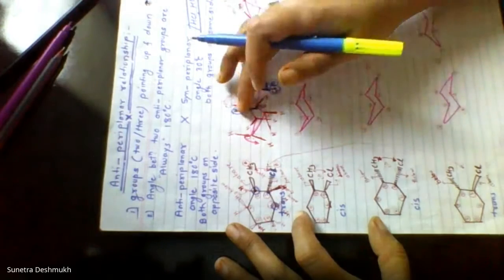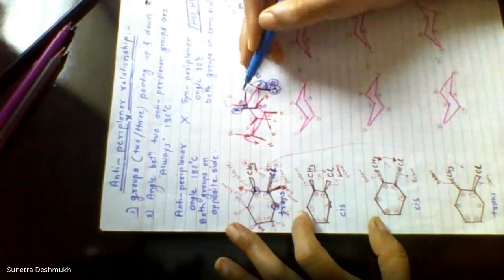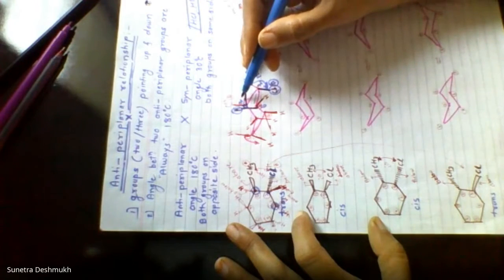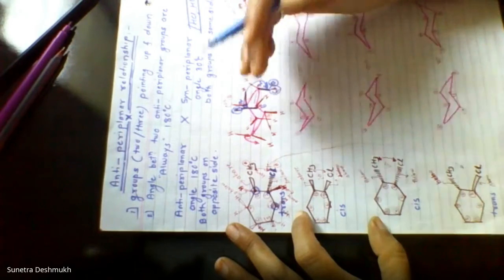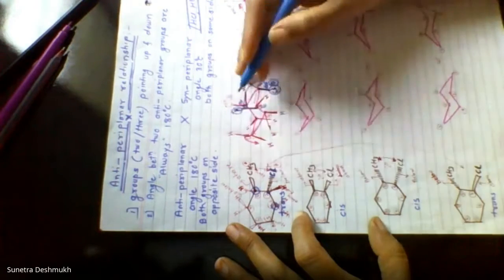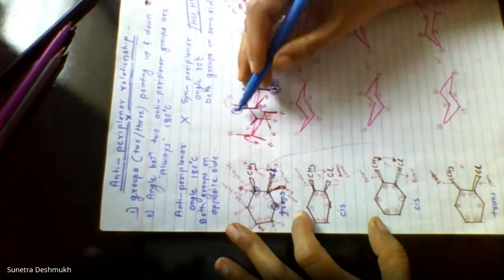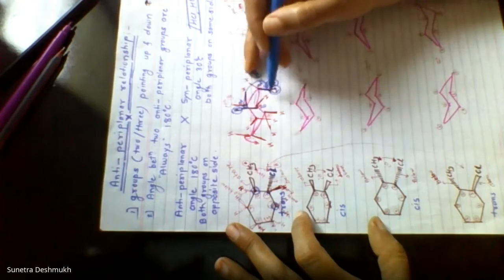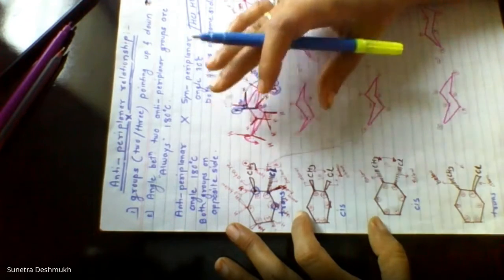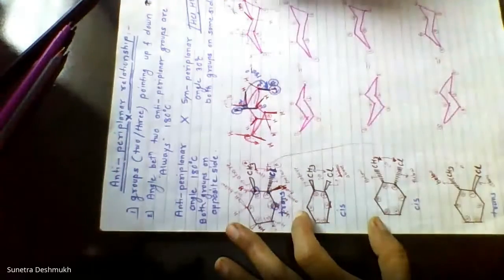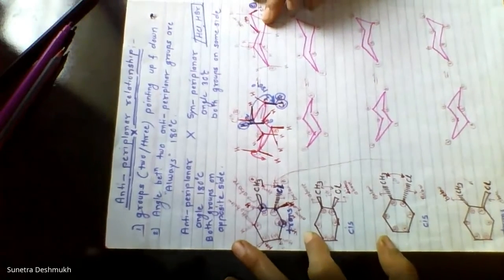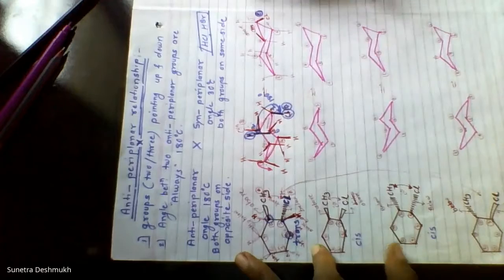Why are we going to draw both of these? Because we need to compare what the stereochemistry will be after elimination: whether this hydrogen at the sixth carbon atom is better to remove, or the hydrogen at the second position carbon atom. So this structure gives the proper answer. The groups we have to remove are those anti-placed to each other, at a 180 degree angle; those groups are definitely going to be removed. So this is the preferred structure for elimination.